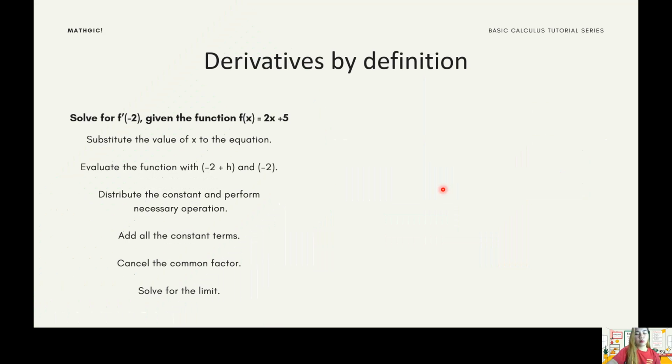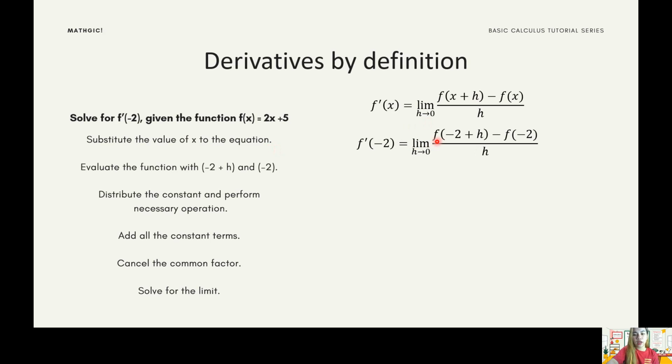Now we're gonna have our first example. We have to solve for f prime of negative 2 given the function f of x equals 2x plus 5. So obviously, we're gonna solve this using the derivative by definition. You can see here on the right, these are the steps in solving the problem. So we need the derivative by definition, which is f prime of x equals the limit of f of x plus h minus f of x all over h as h approaches 0. According to the first step, which is to substitute the value of x into the equation,